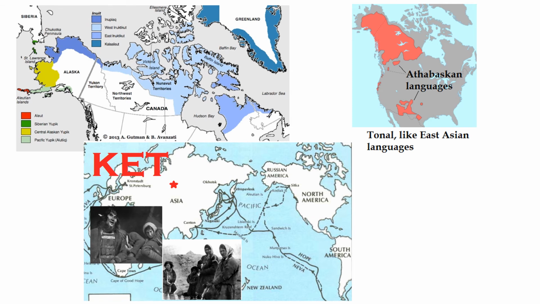The Athabascans in particular include groups in Alaska, groups such as the Yupik, which are right there in western Alaska. Other Athabascan languages, you can see here in the map on the upper right, all down through actually northwestern Canada, there are groups of Athabascan-speaking tribes,